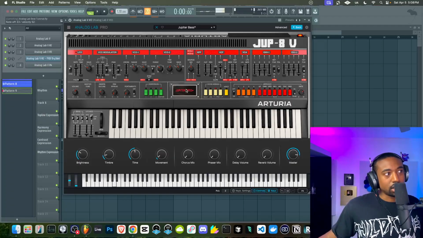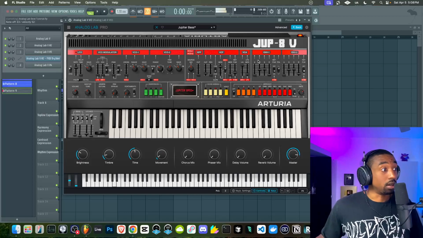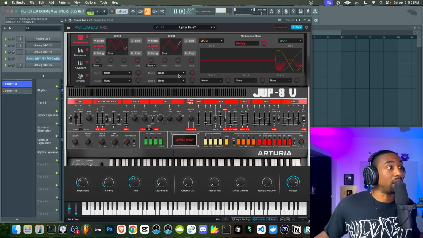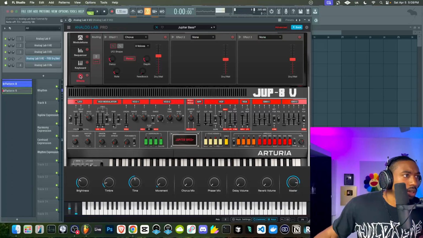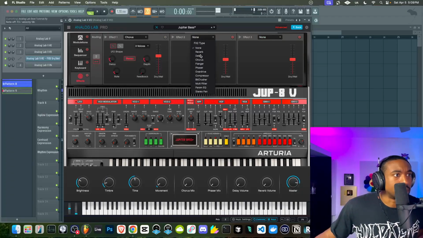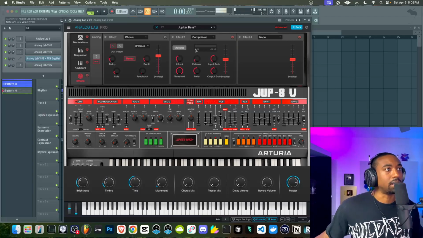All right, each interface is a little bit tricky, so you have to relearn a lot of stuff, especially with these Yamaha brands. They have very complex interfaces. So here I'm just trying to find, let's see if we could add a compressor in here, just something to tame that sound.